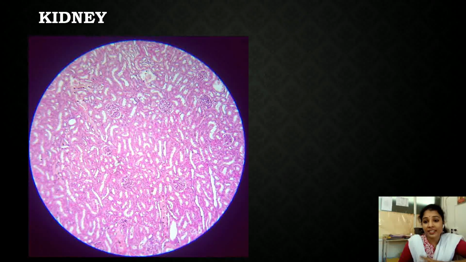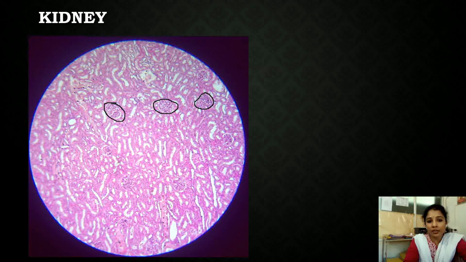Next is the excretory system. So the first slide under excretory system is the kidney. The kidney is identified as outer cortex and inner medulla. And here we are seeing the cortex of the kidney, where we can see so many glomeruli. These are the glomeruli which are easy to identify under 10x magnification. The glomeruli contain cut sections of blood vessels within them and are surrounded by a Bowman's capsule, which is called the renal corpuscle or Malpighian corpuscle.